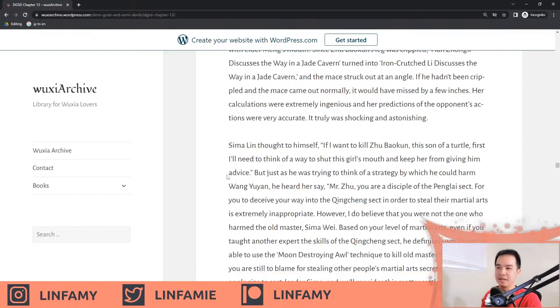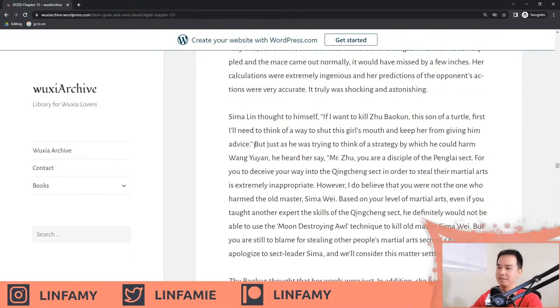Oh well. Sima Lin thought to himself, if I want to kill Zhu Baokun, this son of a turtle, first I'll need to think of a way to shut this girl's mouth and keep her from giving him advice. Remember, she's on the sidelines. She's yelling moves at him, right? So the Sima Lin guy wants to stop her. But just as he was trying to think of a strategy by which he could harm Wang Yuyan, he heard her say,